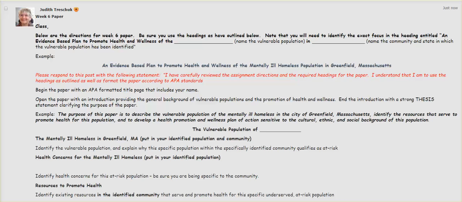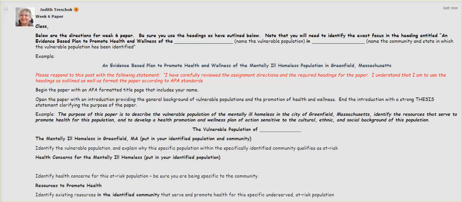You're going to begin the paper with a title page. Make sure you do that. Make sure it's APA formatted. Remember, every paper you write has to have an introduction. Please provide a background of what vulnerable populations are, why it's necessary to promote health and wellness, and you're also looking at the ethnic and cultural backgrounds and influences for this population, so you could identify that too in your